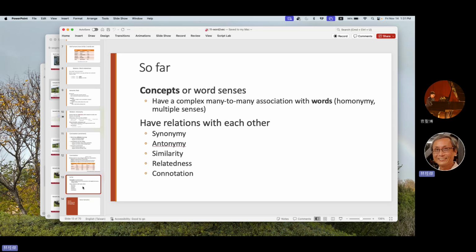Some of them are synonymous, some are similar, some are related, some may have different connotations, which means in terms of feelings, how strong or how weak, and whether they care or don't care. All these are quite important for us to understand in a language, a sentence or an article,